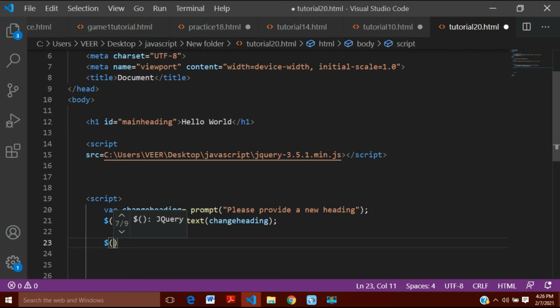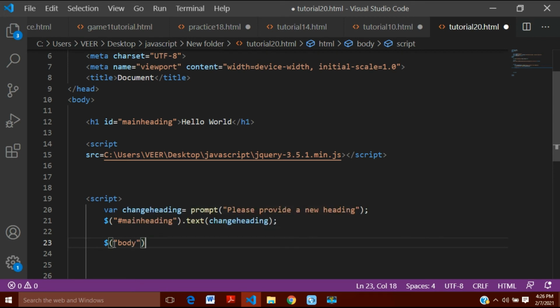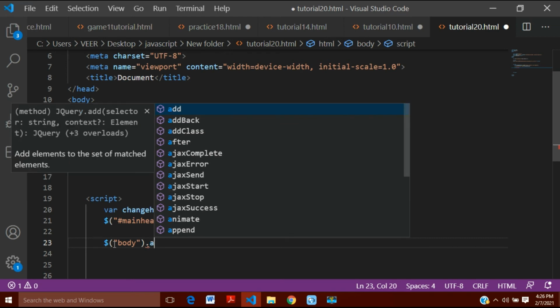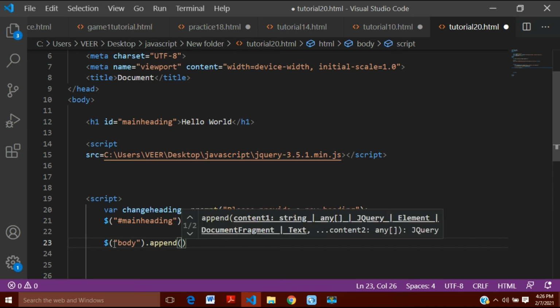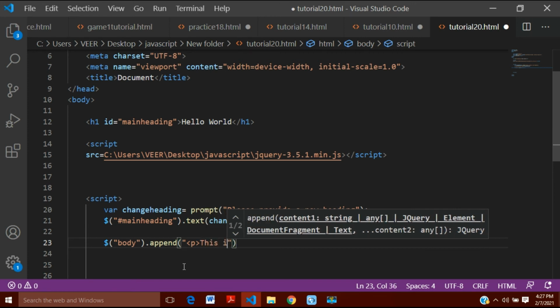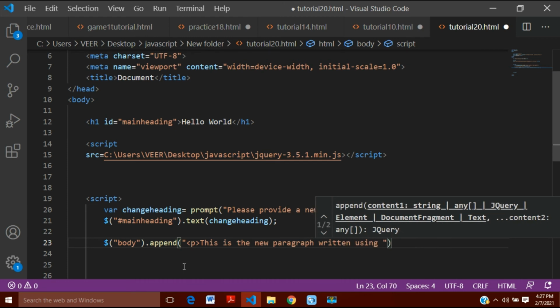So here you will use the quotes, and inside those quotes you will write where you want to insert your new element. So you want to insert it into body, so I will write here body, and after that you will use here append. So you will write here append, and after this you will write here, because you want to create a new paragraph, so you will write here p, and here you will write this is the new paragraph written using jQuery,